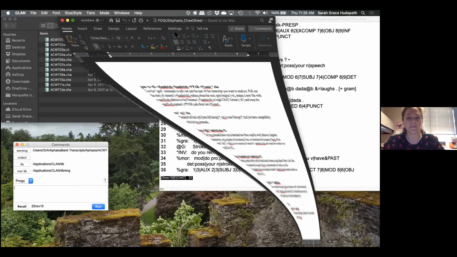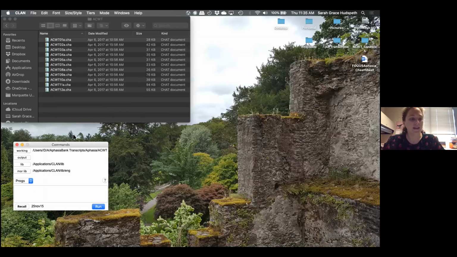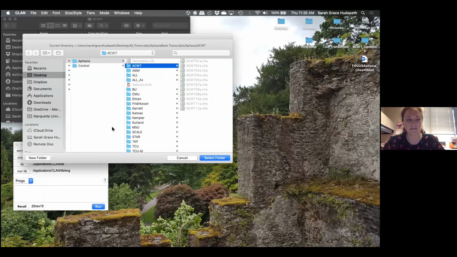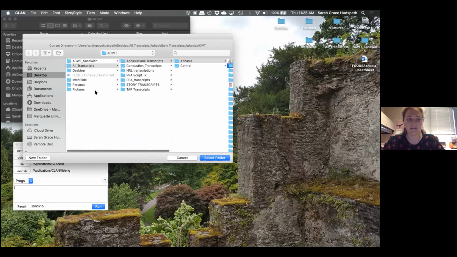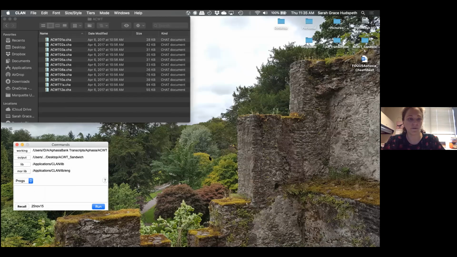So I'm going to close this transcript. And right now, my output is set to my working folder, so that ACWT folder, but I actually want these to go into a different folder so that I'm not getting myself confused. So I'm going to tell the output to go to this ACWT sandwich folder, so I have all of my sandwich transcripts in their own folder. And so you can see it updates now to show that it's going to that specific folder. So we'll put in our command,